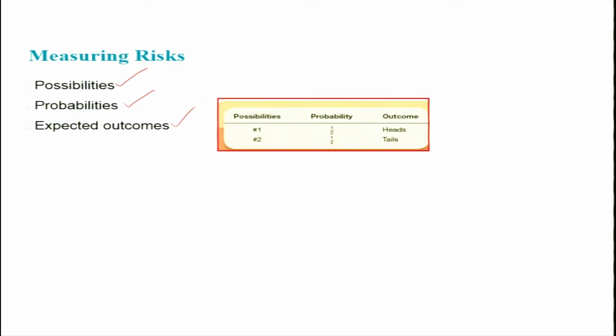About the possibilities, you know what the possible outcomes are when you make an investment. It can be explained by using the example of tossing a coin. When you toss a coin, what are all the possible outcomes? Obviously there are only two, right? That means two possibilities, because the coin can come down either heads or tails. Similarly, for investment there will be several possibilities, which we will discuss in appropriate contexts, some in this session itself, some in future sessions.